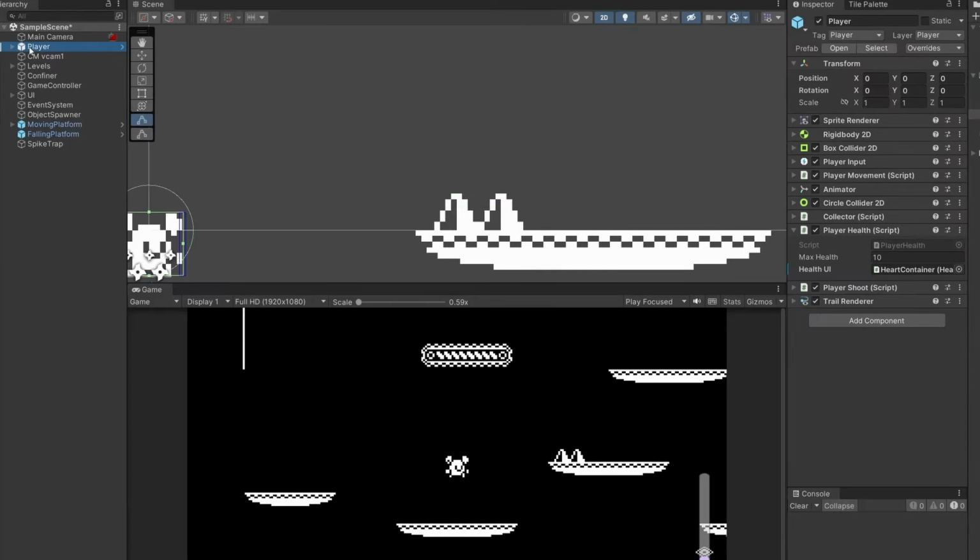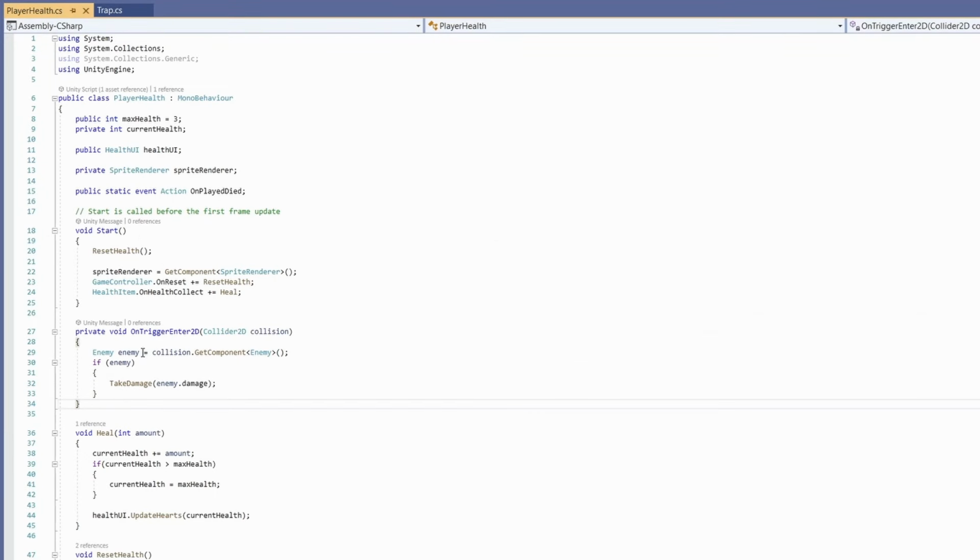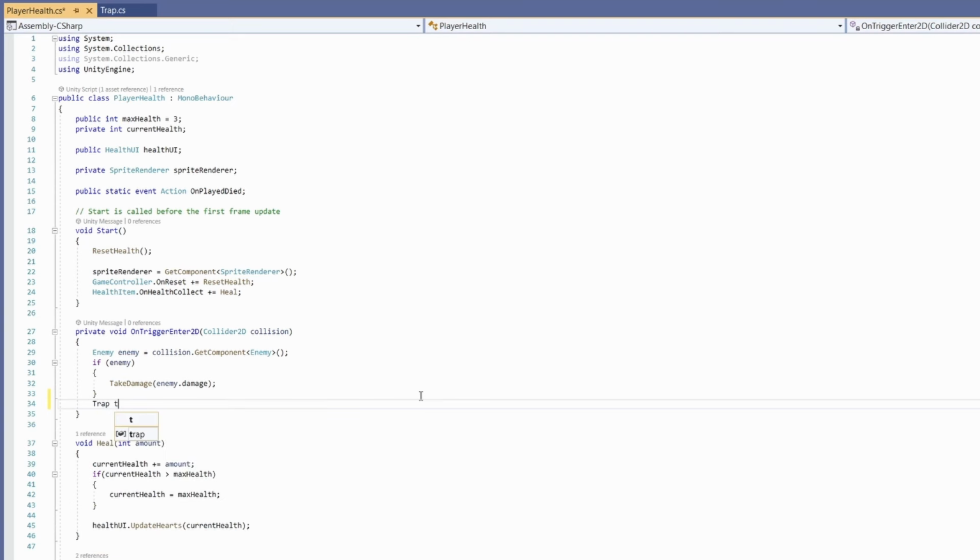Our damage is currently handled in our player health script. So to keep it consistent, we'll handle this in here. If you click on our player and go to player health, we can see we have an OnTriggerEnter2D function where we're checking if we collide with an enemy, we'll take damage, depending on the enemy's damage amount. Below this, we can do the same thing for a trap. So we get the trap object and go equals